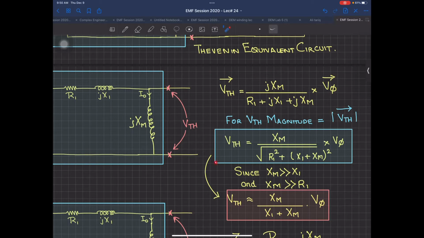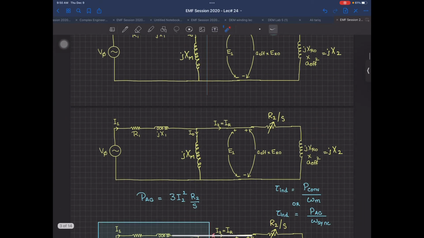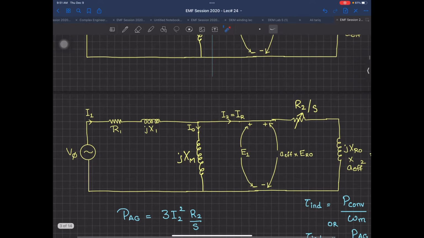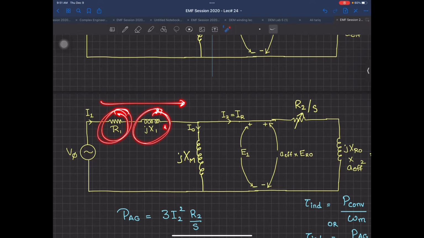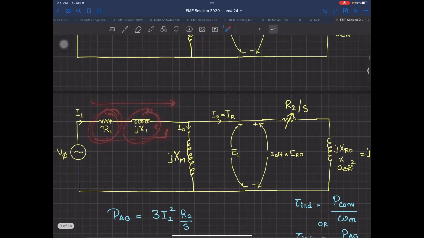So when you have found out this V Thevenin in the magnitude form, there are some approximations which you have to apply. What are those approximations? Now if you remember your equivalent circuit, I told you when you were developing it that R1 and JX1 have to be very small. Why? Because the main current is going to flow through them. If they are very large, then certainly it's not a good machine, because you are going to have losses and drops over here. So technically R1 and JX1 are on a very small side, something in milliohms. I'm talking about something like 1 milliohm, 2 milliohm, 23 milliohm. Many of the numericals in your chapter number 6 have R1 and JX1 with very small values.